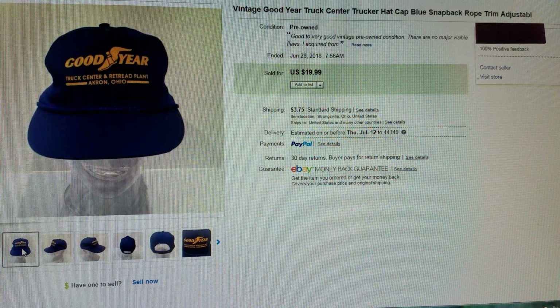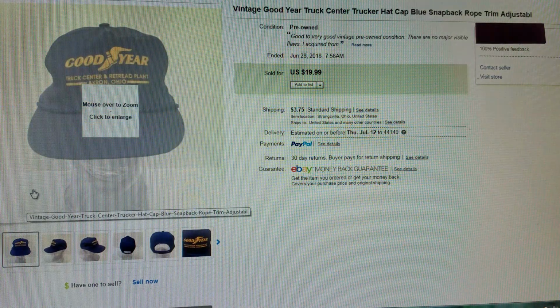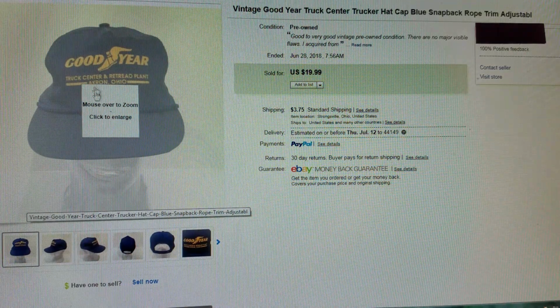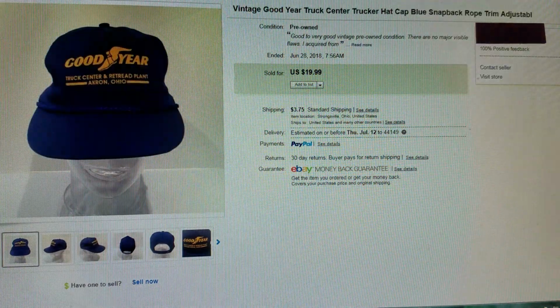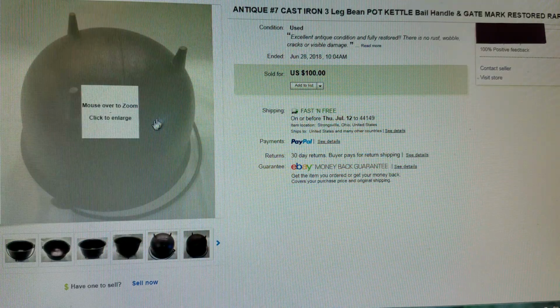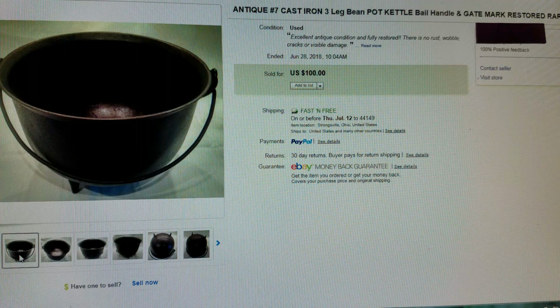Paid 30 cents for it at a flea market earlier in June. It sold in a couple of weeks. Had a watcher almost right away, so those are sweet. Advertising hats do real well. Who would have thought? Next up is, if you guys remember this from my estate sale haul last October,